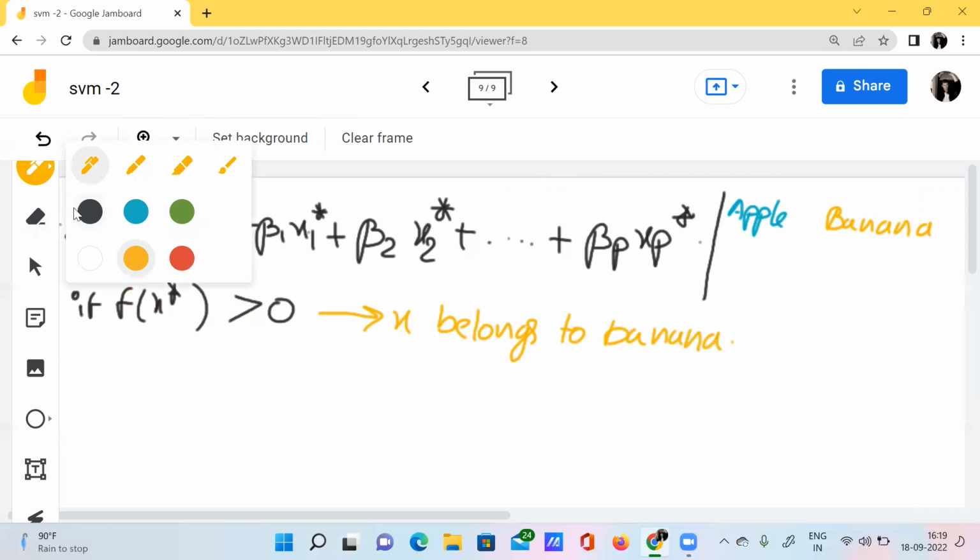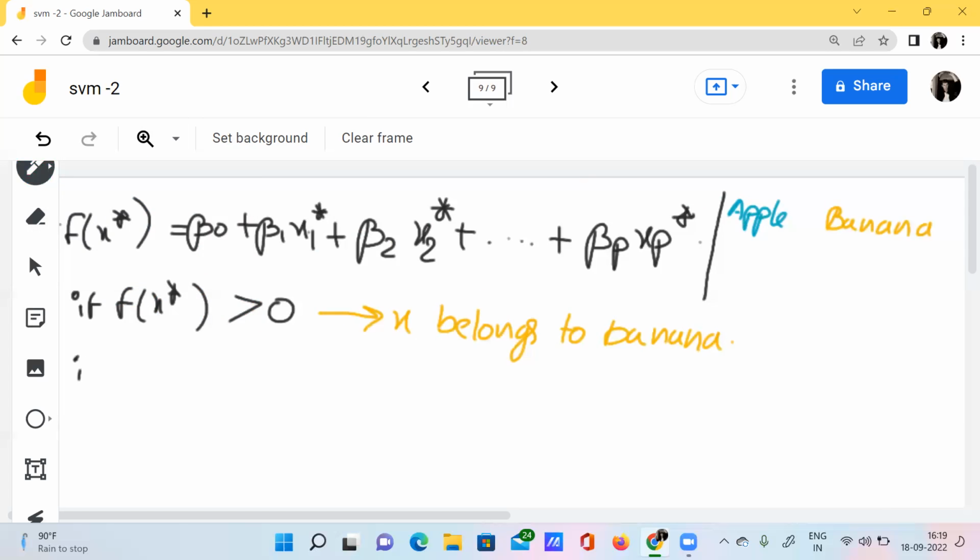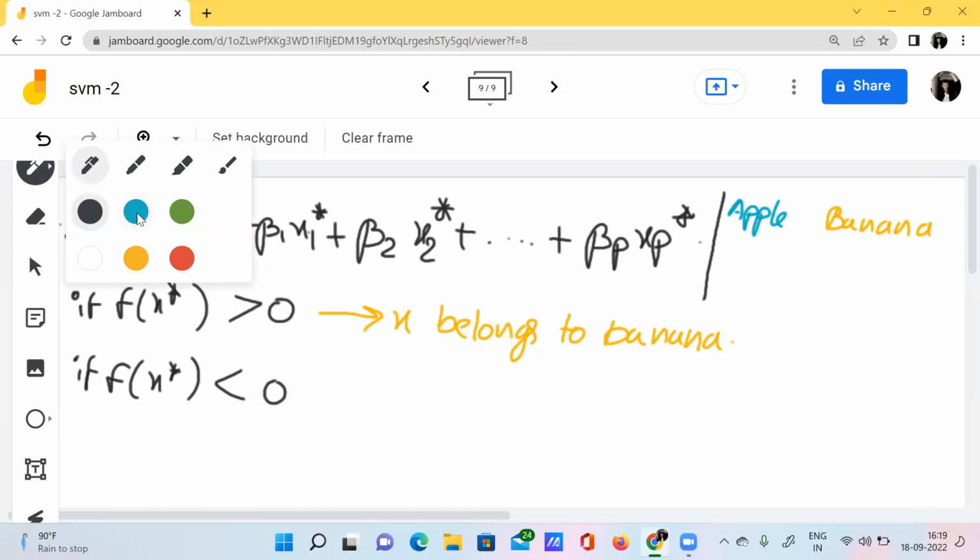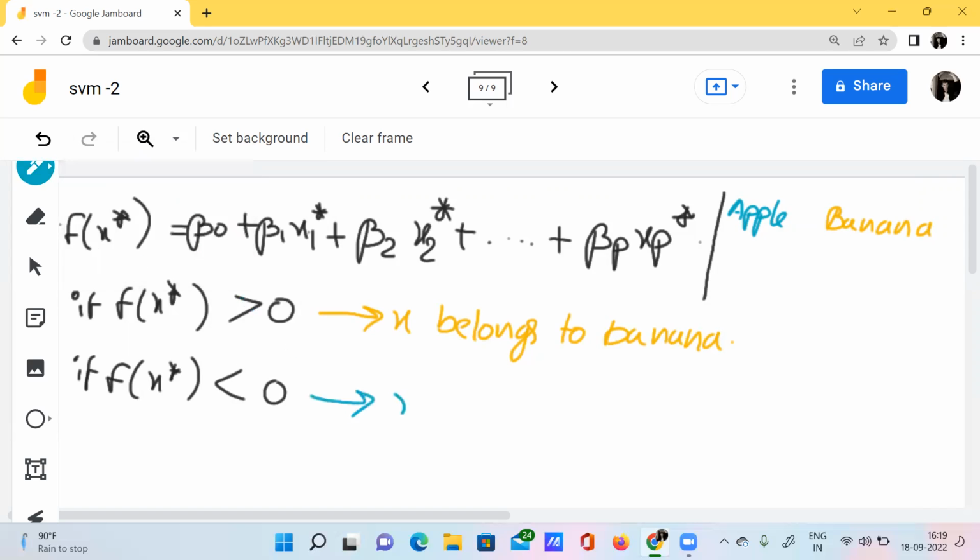And if f of x is less than 0, then I can definitely say that x belongs to the other category, which is apple. So this would be the scenario.